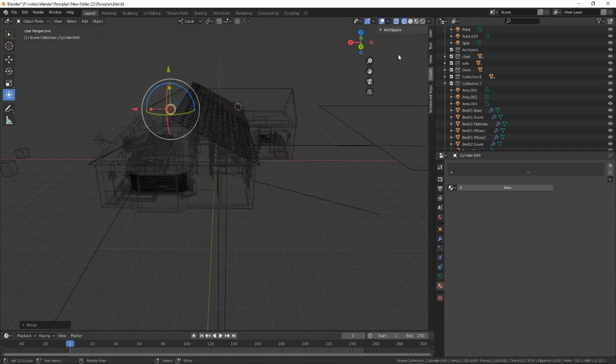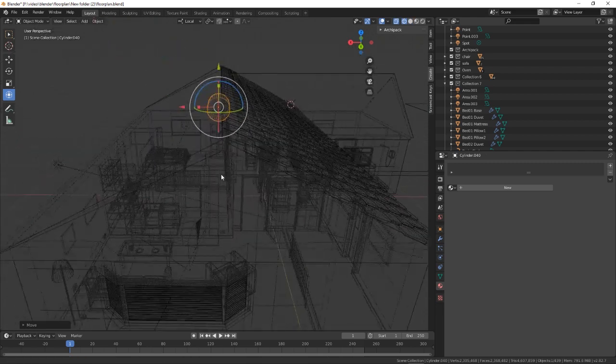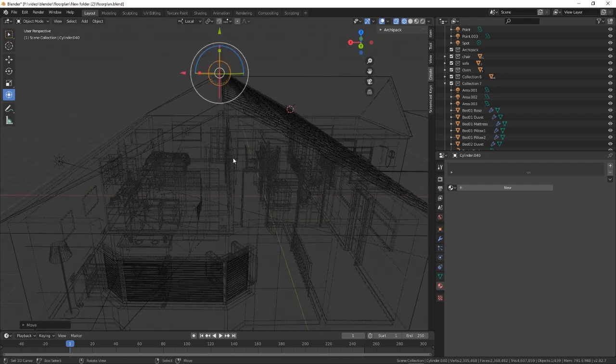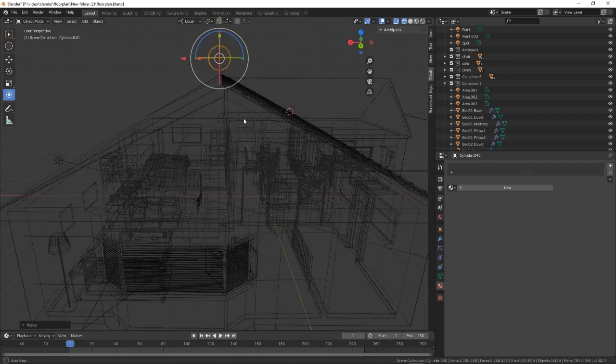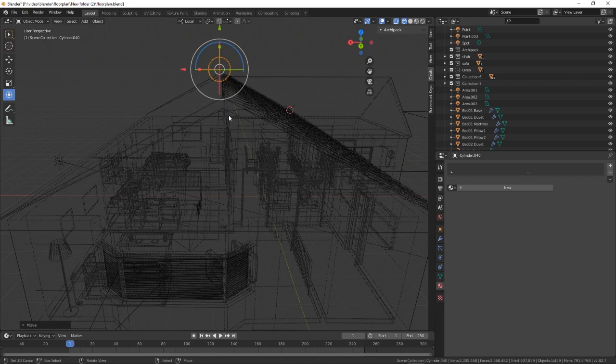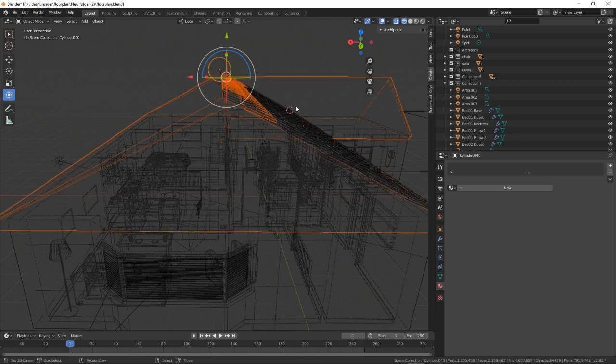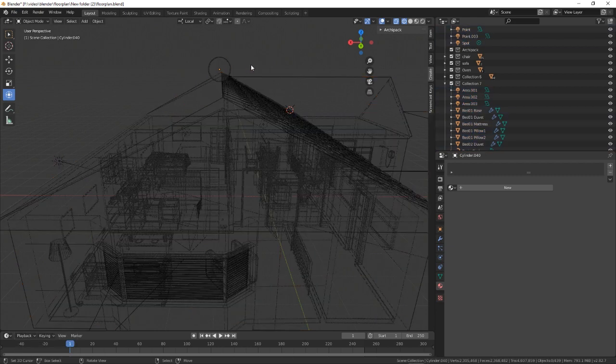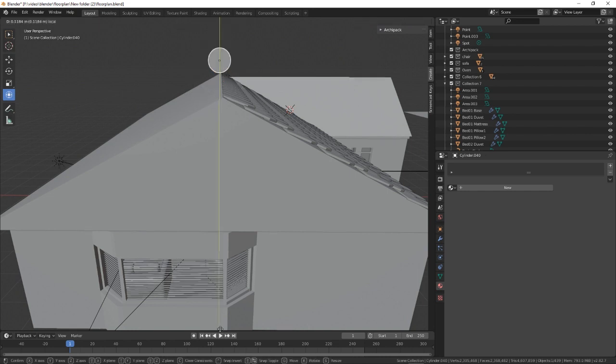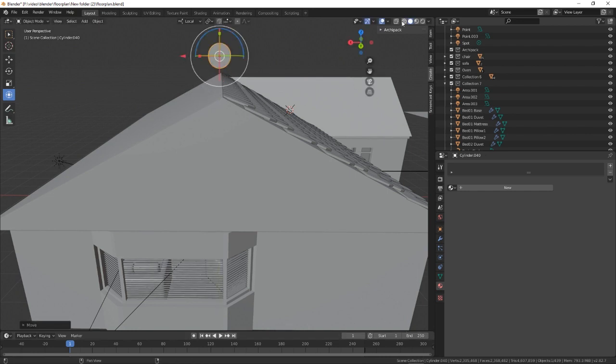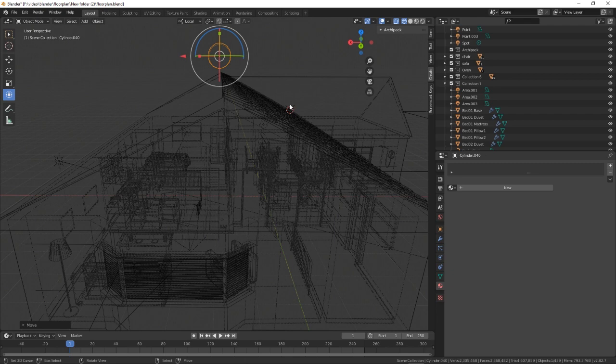Let's go into that mode, and then we can box select. Oh, we don't want to do that, do we? We just want this one. So go back into there, go back into edit,